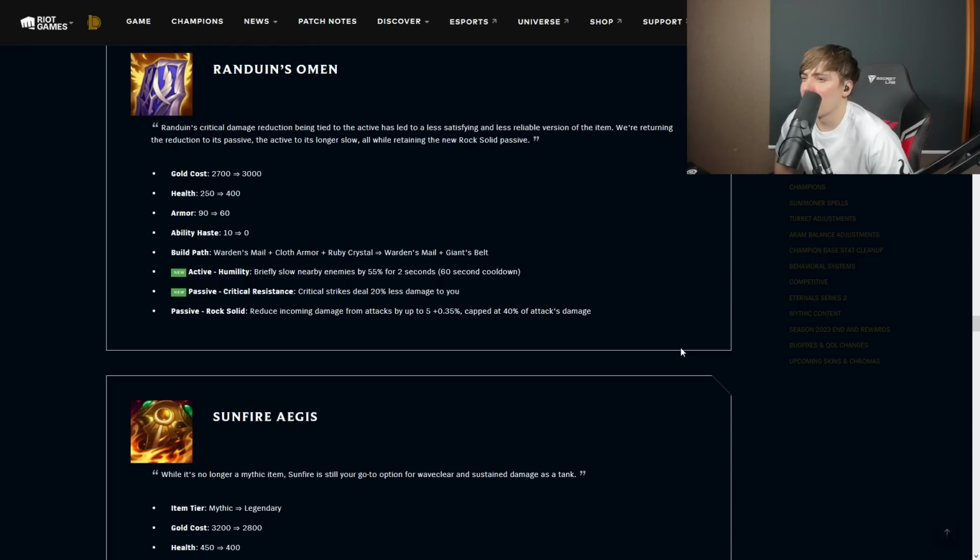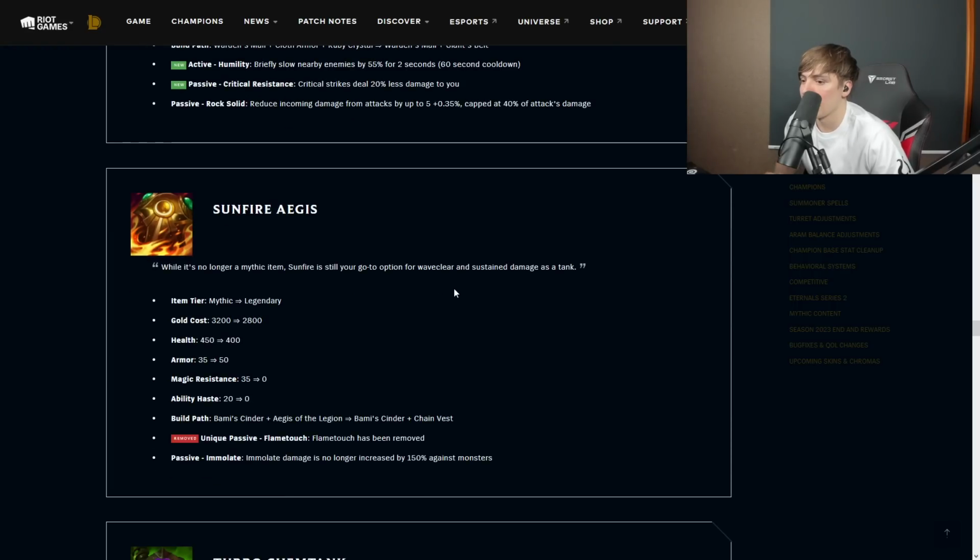Okay, active. Randuin's critical damage reduction being tied to the active has led to less satisfying... Okay, so active, Humility: briefly slow enemies nearby for 55% for 2 seconds, 60-second cooldown. Passive critical strike damage reduction. Okay, that's really good. So now this truly is the anti-crit item, whereas before, I agree with the note, it wasn't that great. Flame Touch has been removed. Passive immolate damage is no longer increased to...